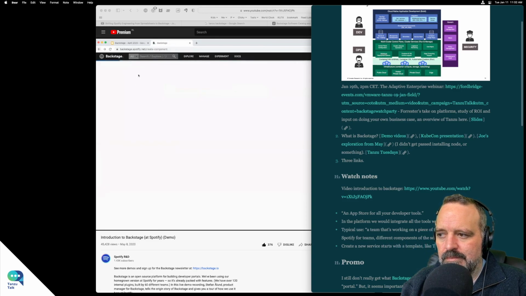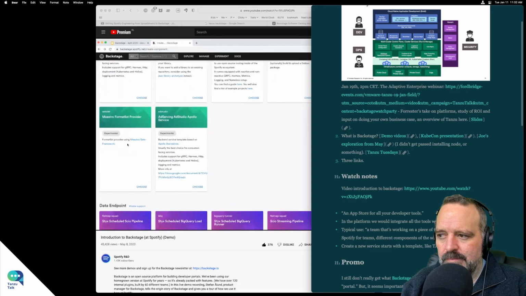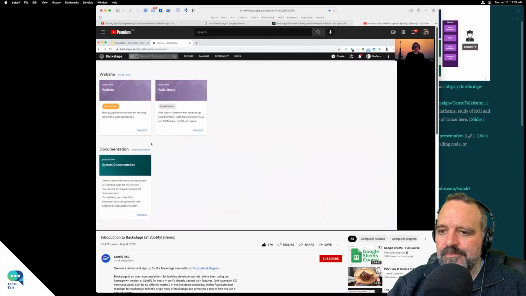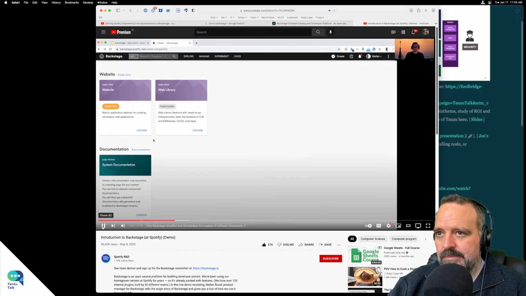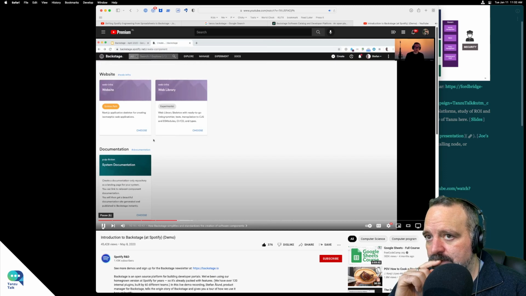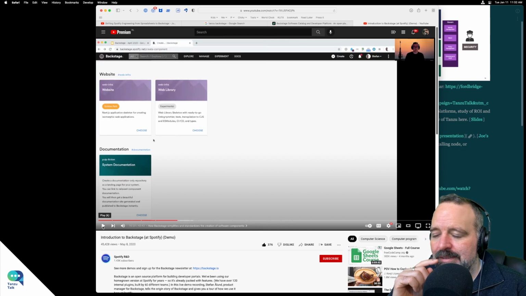Going back here again, so that was for a backend service. If I wanted to create a data pipeline or a mobile feature, a website, or even technical documentation, all of these things are done in the same way. And these templates are collaboratively sourced, if you will. So even if they are typically maintained by the infrastructure organization, they are also open to contributions. So if an engineer at Spotify thinks we should use technology X instead of technology Y, there's a chance for them to contribute that. There you go. So that's great.